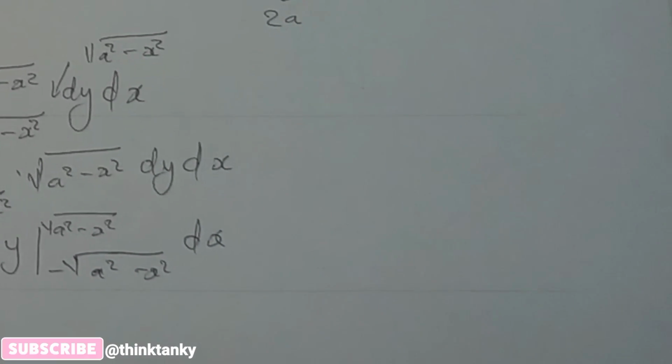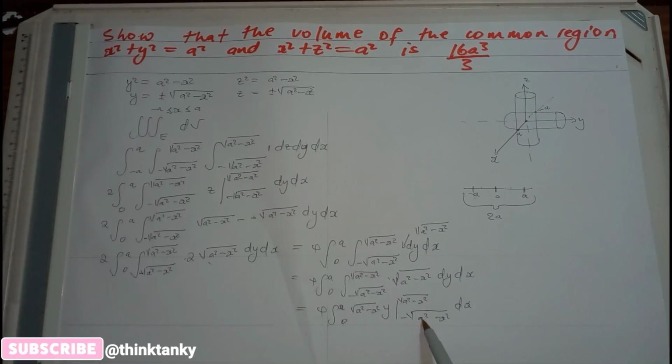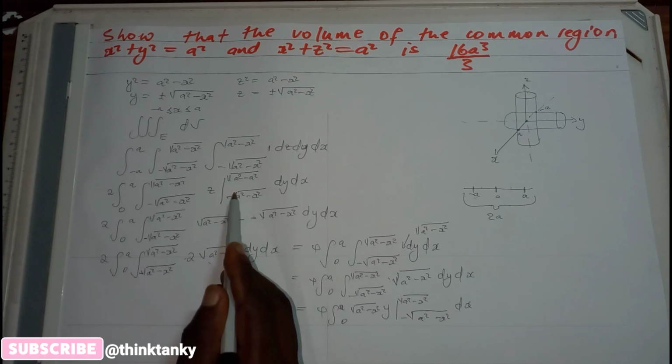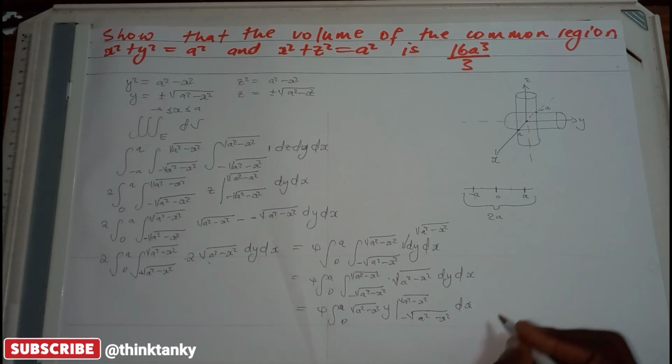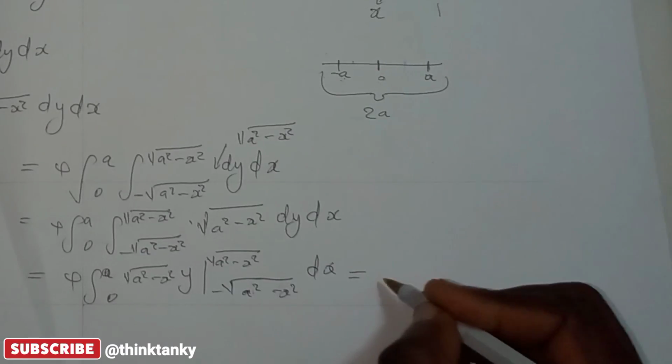Okay, if you look, these limits are the same as these limits. So if I say upper bound minus lower bound, I'm going to get 2 times the square root of a squared minus x squared. So I can save time by just saying